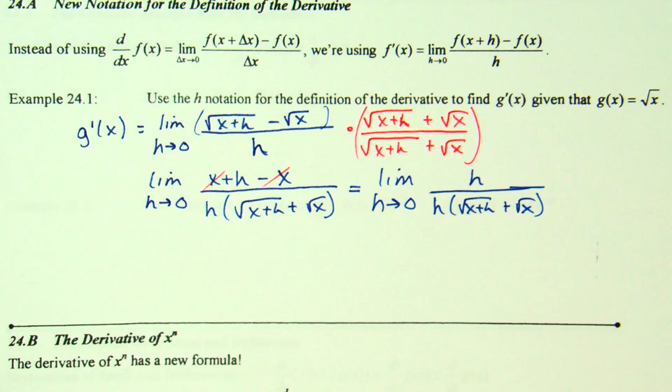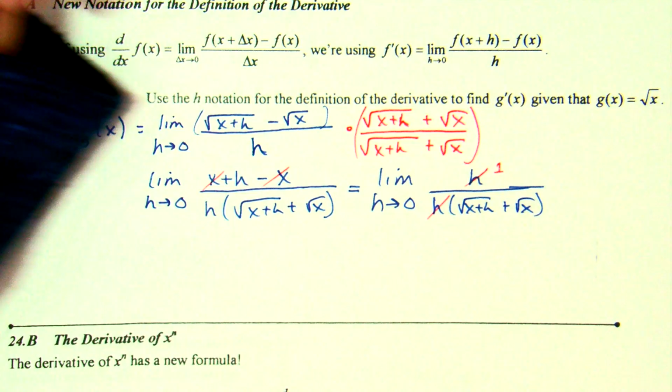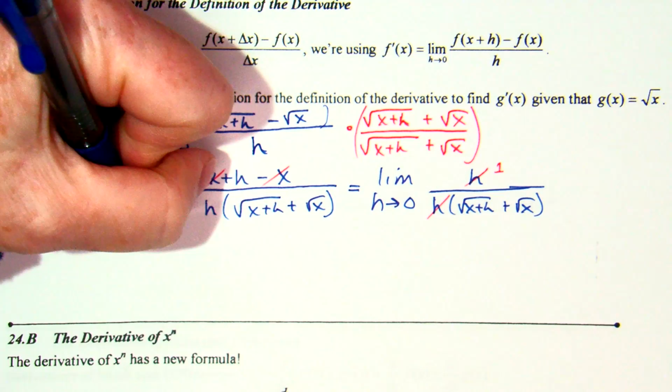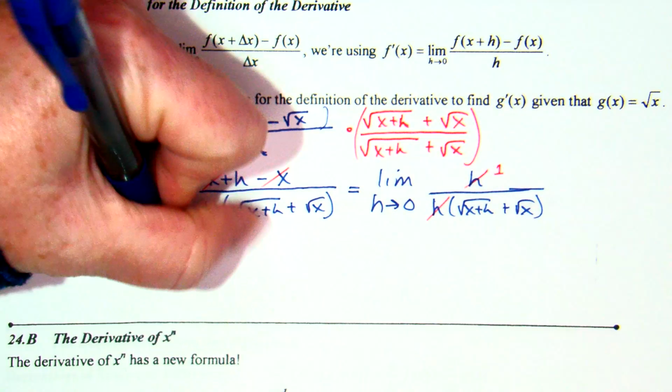Now what happens? Now I have an h on top and my denominator has a factor of h, so the h's cancel. What's going to remain on top? That 1. I mean, officially there's a 1 on the bottom too. So, equals the limit as h approaches 0 of 1 over